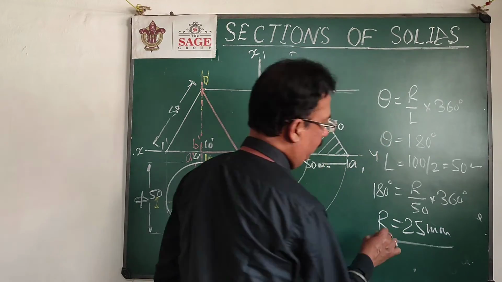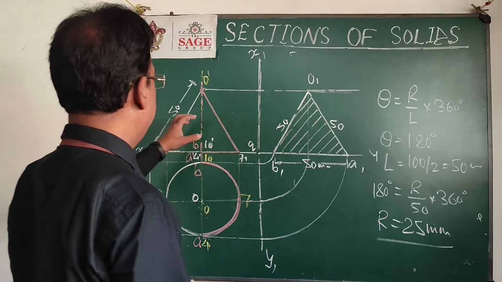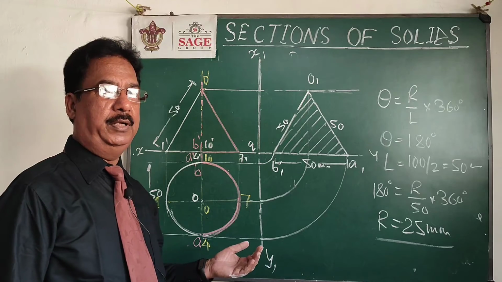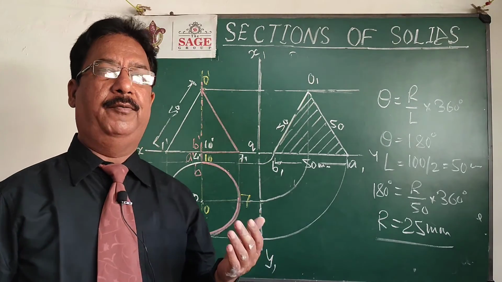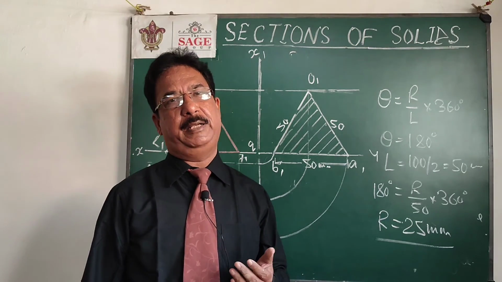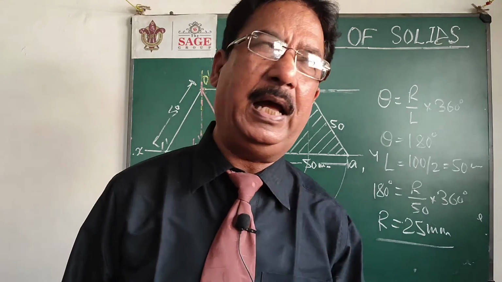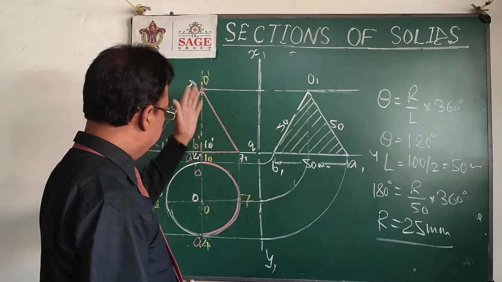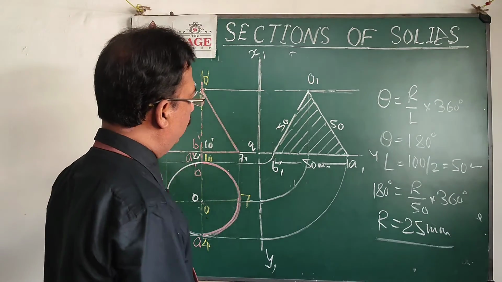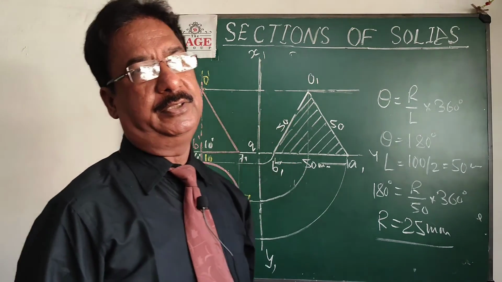So from here I got the dimensions of the cone, and after that I drew the orthographic projection of the cone. Then for sectioning the solid, as we know that we want to get an equilateral triangle, the section plane must pass through the apex, and in this case it passes through the axis. So I just cut the solid through the axis, divided it into two equal parts, and drew the side view. In the side view we will get the true shape of the section.